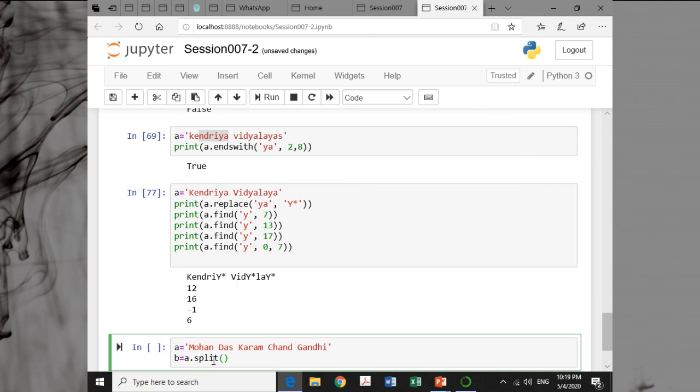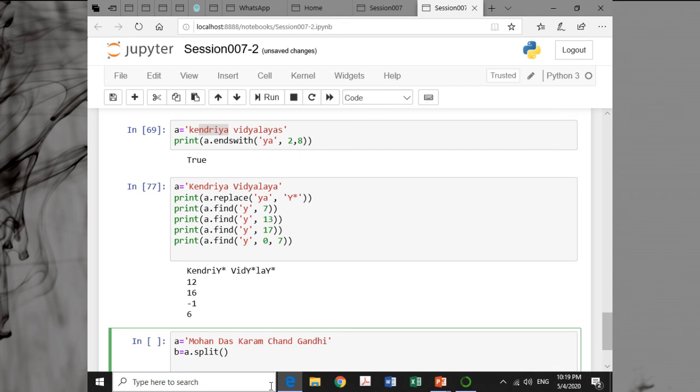So when I say B is equal to A dot split, what happens? This entire string is split into multiple substrings, and the delimiter, or you can say the separator, will be blank space. Here blank space will be treated as a separator. So this is your first blank space, that will be first string, second string, third string, fourth string, and fifth string. And what you will get as a result, you will be getting a list of strings.